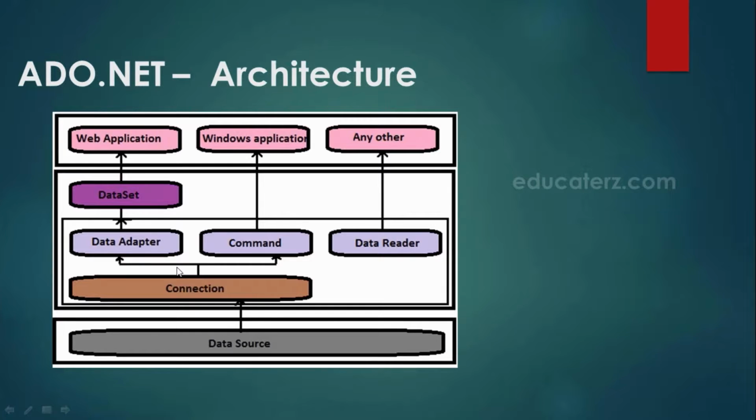In ADO.NET, if somebody asks you in an interview what the important concepts in ADO.NET are, you should tell them: dataset, data adapter, command object, data reader, connection object. These are very important things in ADO.NET, without which we cannot connect to the database and execute commands and retrieve the data. So ADO.NET consists of a set of objects that expose data access services to the .NET environment.